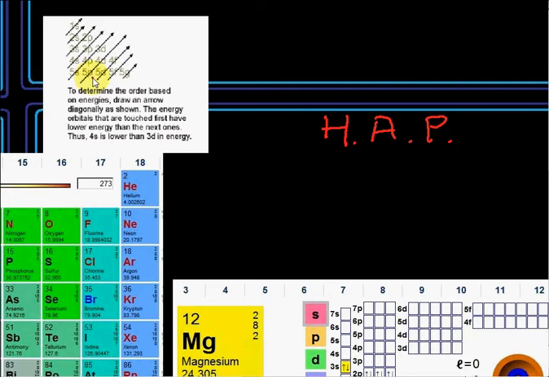Okay, but if you look at this diagram right here, there's a couple of things that you've got to look at. You've got to look at the consecutive diagonals that I've drawn, say from here to here, and then going on to the next, the 4s through the 3p, etc. Now the point about that is that you always compare the consecutive diagonals one after another. Now what you notice is that 3s is on this diagonal. If you go to the next diagonal, you'll find that there's no other level that's at the end of that particular diagonal. However, if you go from this diagonal to this diagonal, that isn't the case,